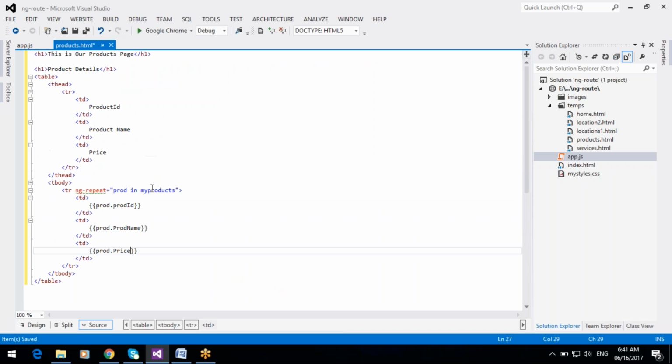So now it will display the product details in table format.